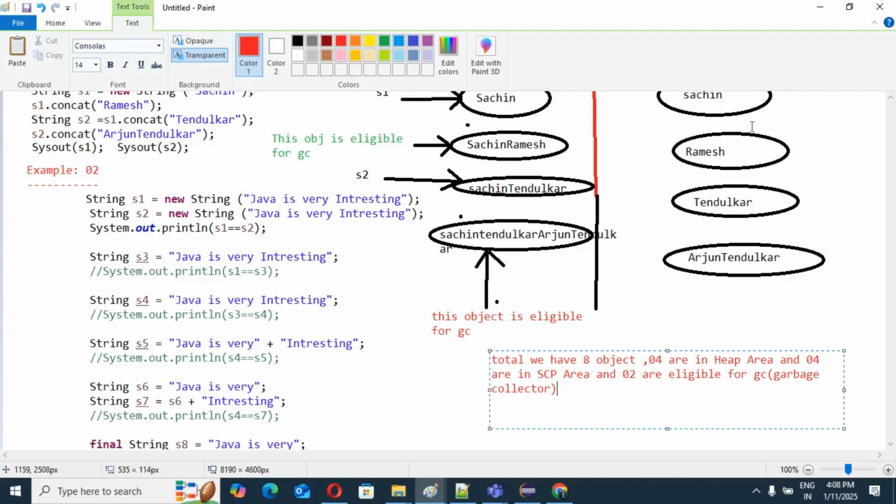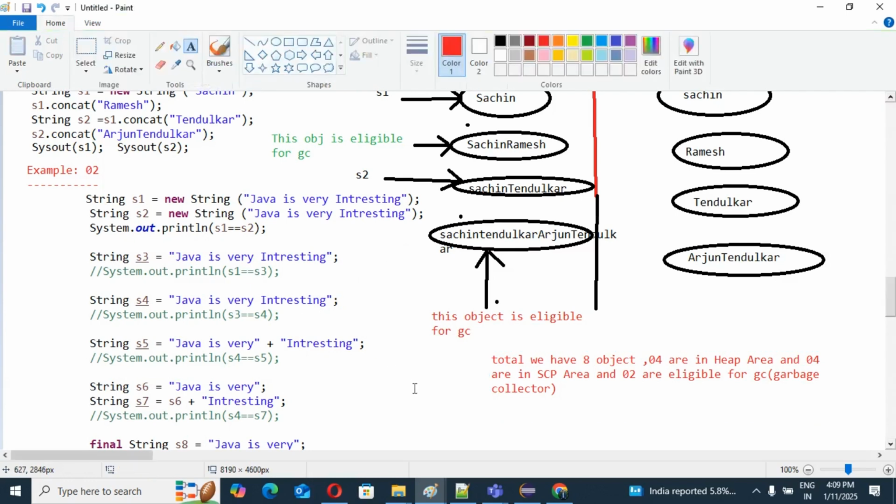You can see Sachin Ramesh and Sachin Tendulkar Arjun Tendulkar don't have any reference variable. That's why they are eligible for garbage collector. That means if the garbage collector sees this object is not pointing to any reference, it will directly destroy the object.